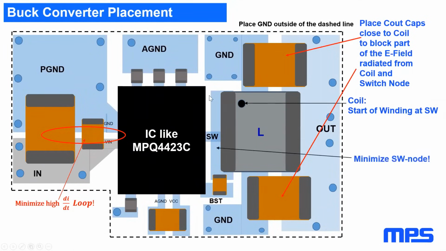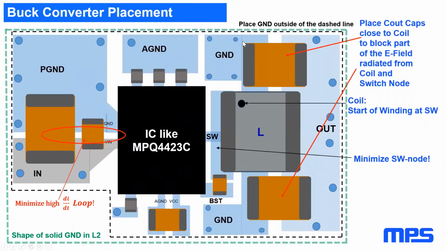We minimize the switch node just to the pad size of the coil in order to reduce the parasitic capacitance. And also we use a very small bootstrap capacitor, as this is connected to the switch node. If it's elevated above the PCB because it's a very big component, it's suboptimal for EMC performance. You also see that the VCC bypass capacitor, so this is the output capacitor of the internal linear regulator, is connected directly to the chip on short traces. This is important as this is supporting the high dI/dt for the gate driver.